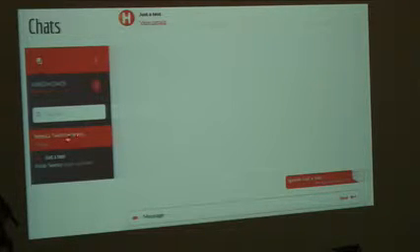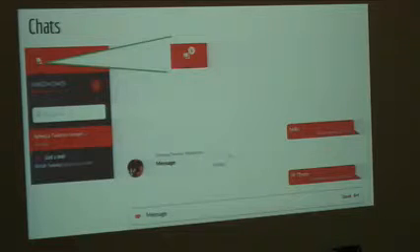The other point I should make is that you see that this says message. If you have an incoming chat, you will be able to see the first 2 lines of it here, but you won't be able to see more than that. So this is only one word, so you can see it. But if it were a paragraph, you would only see the first 2 lines, and then you'd have to actually click on it to look at it, and then it would show up here.